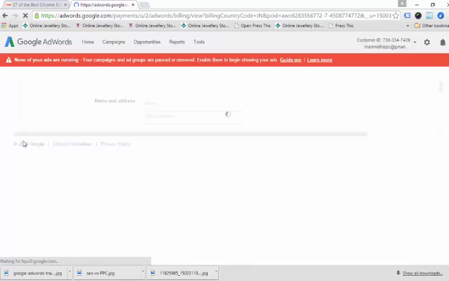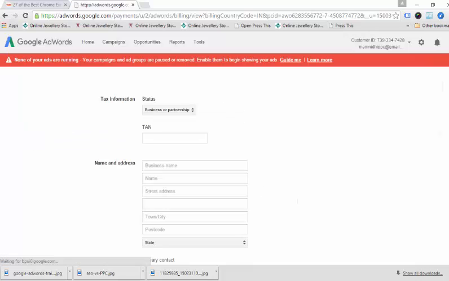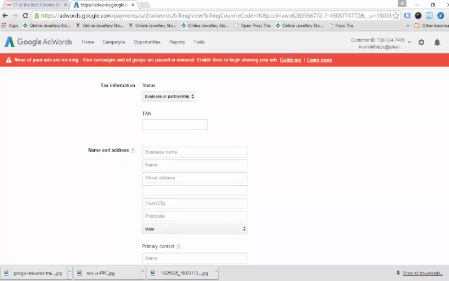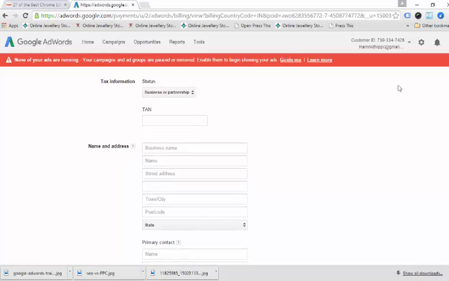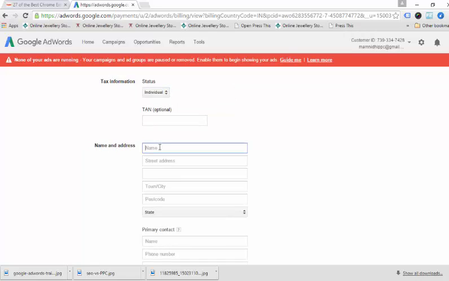After that you will find different options. Let's wait for the screen, it is coming. These are the tax information fields. If you are running Google AdWords for a company, it will ask for the TAN number, but since I am running it for my individual account, it is optional. So you just have to enter your details,